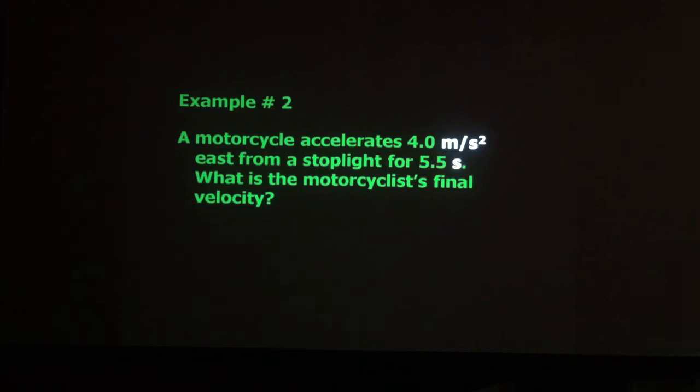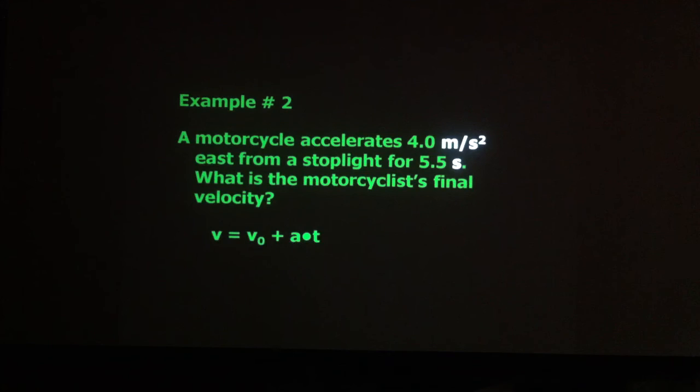Okay, let's look at a different example. A motorcycle accelerates 4.0 meters per second squared east from a stoplight for 5.5 seconds. What is the motorcycle's final velocity? So what do we know? We know this is the acceleration, meters per second squared. This is the time, 5.5 seconds. We want to know the final velocity. So we also know one other thing. We're accelerating from rest. So our initial velocity is